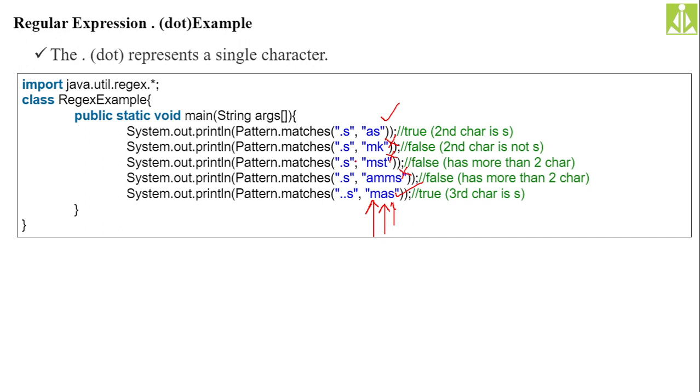Hopefully you understood. However many dots we have, that many characters we need to put, and those characters can be anything. But if you have a specific character, it should match inside your regular expression. Whatever specific characters you have, those must match inside the string. Other characters are not required. If you keep a dot, it can be anything.